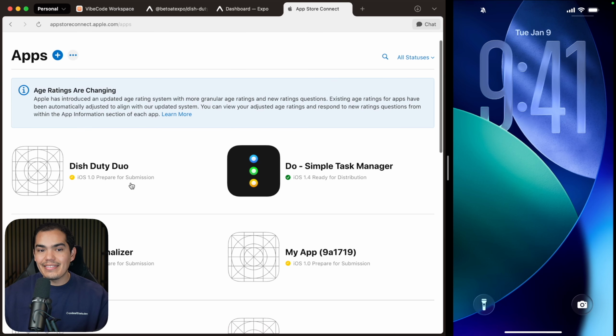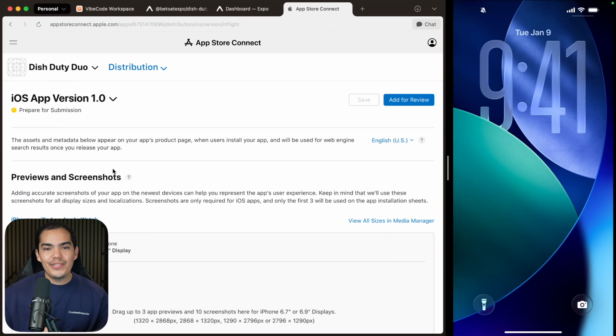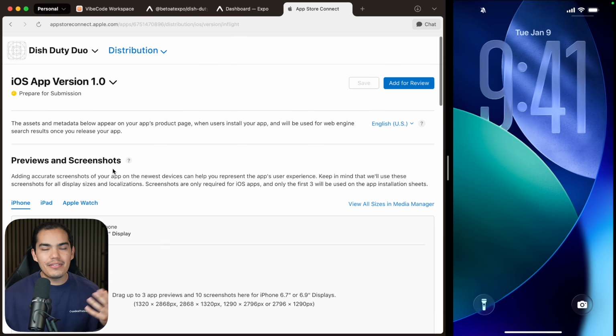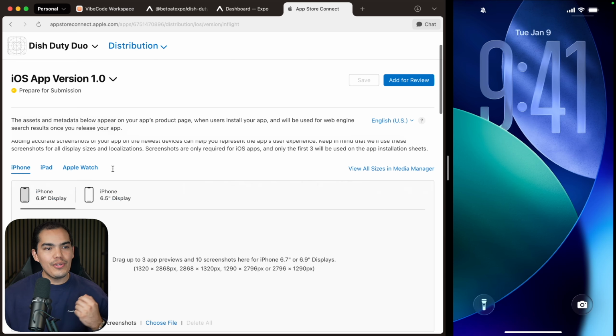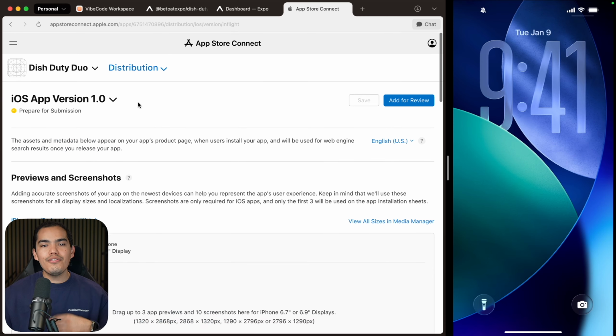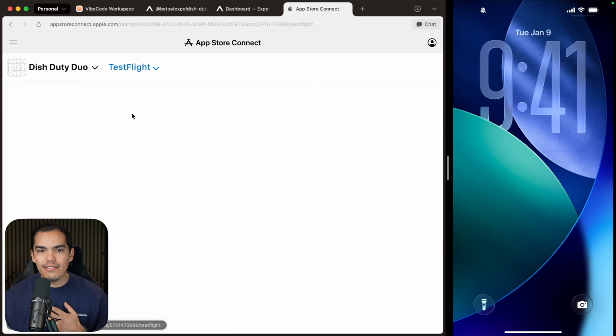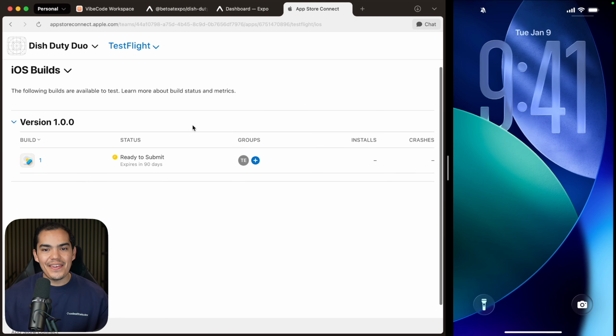So just to show you, if I go to my Apple developer account and select my applications, I have here my Dish Duty Duo. So if I select it, you're going to see that we have the information about the distribution of the app. So we need to upload screenshots if you really want to push this to production. But so far, I only care about testing it. So on the dropdown, you can select TestFlight. And I can see my app here in